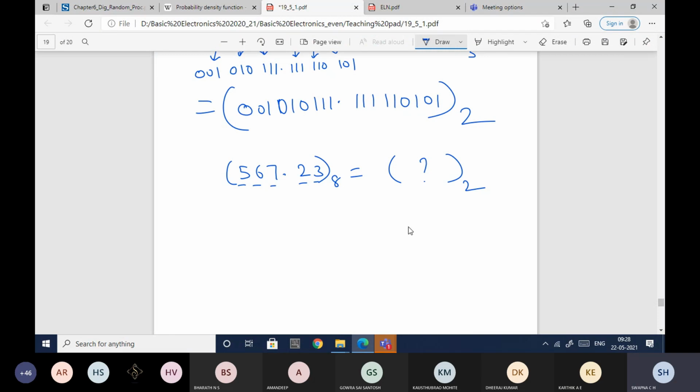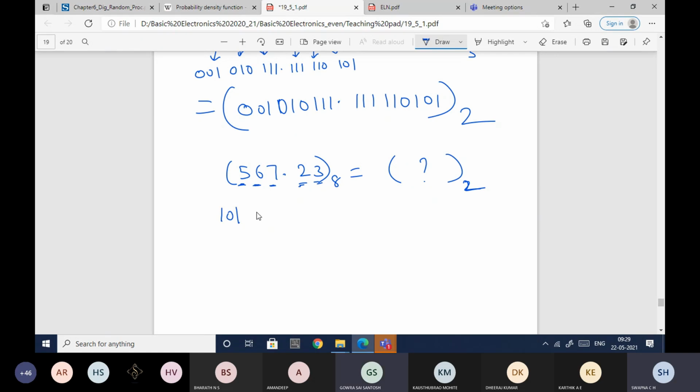You may ask how to remember group and split. Binary numbers have only 1s and 0s, so when you get a binary number, you need to group. When you get octal numbers, you need to split. That's it. Okay, so 5 is